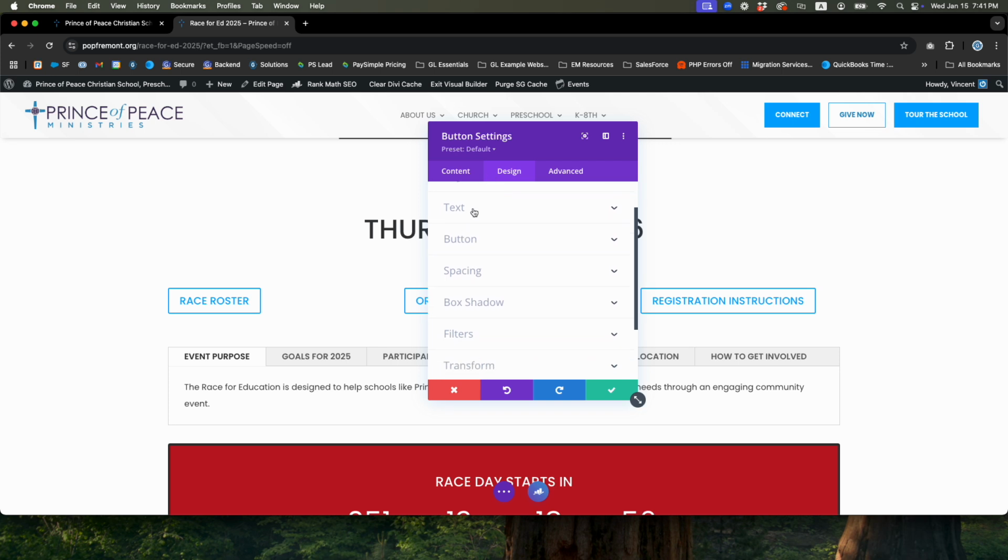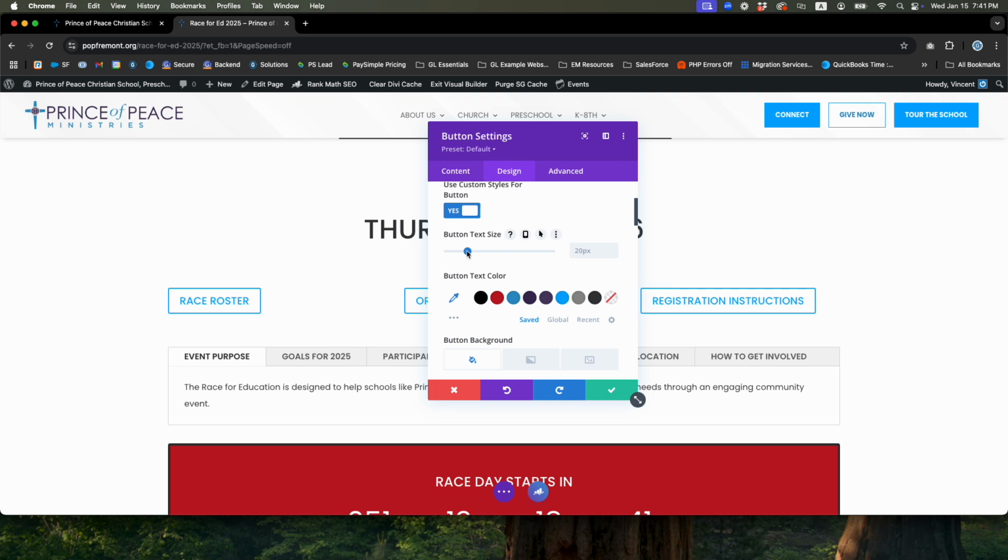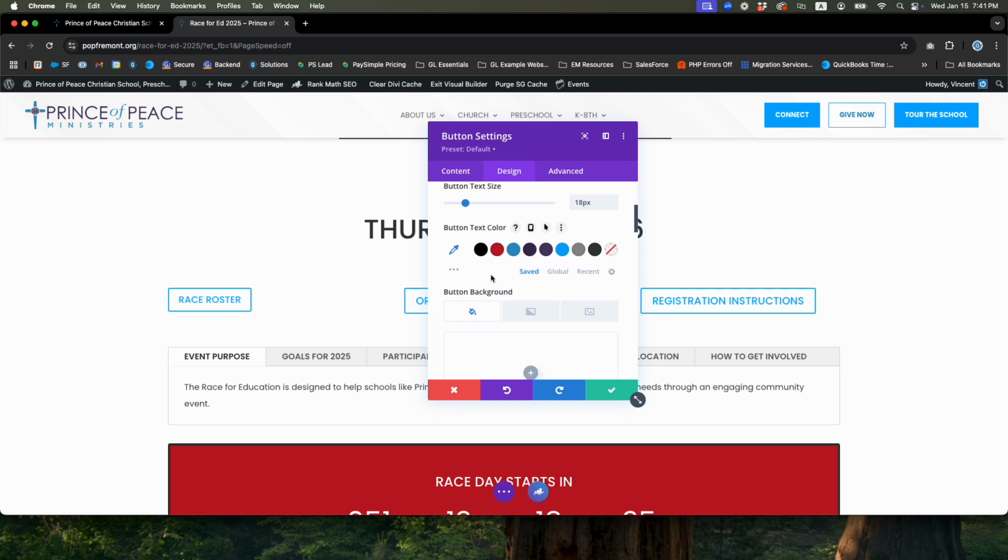From here, under design, you're going to click on the button tab. It's under alignment and text, and then you can switch this on to use custom styles for button. From here you can actually set the text size, so if you want to make that a little bit smaller. The button text color, if you want the color to be white, then you can actually,